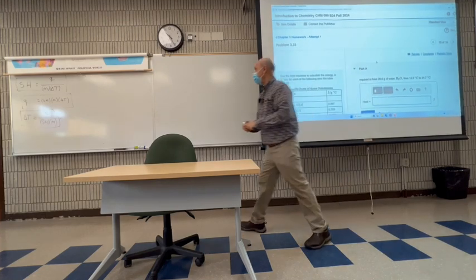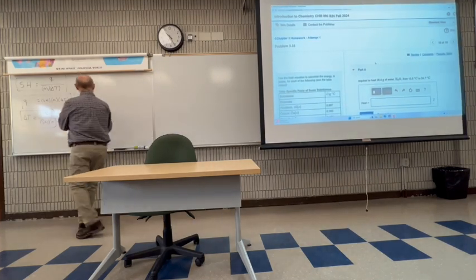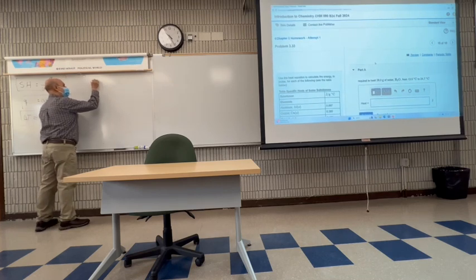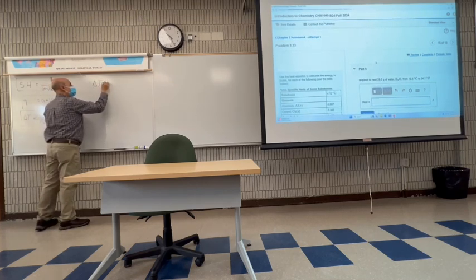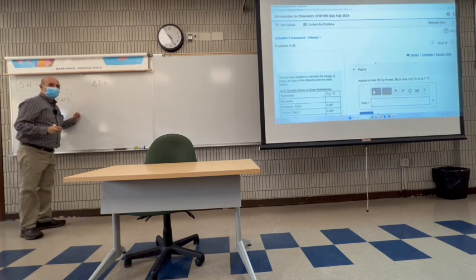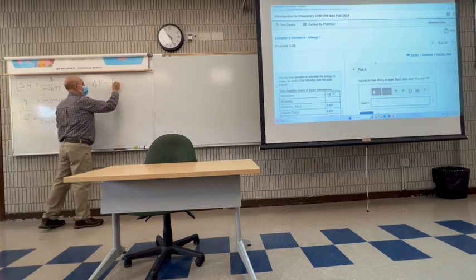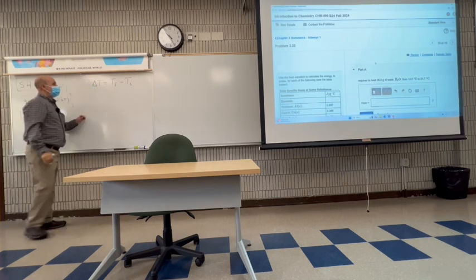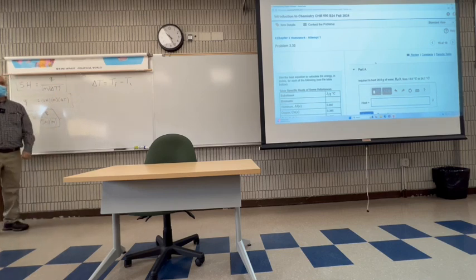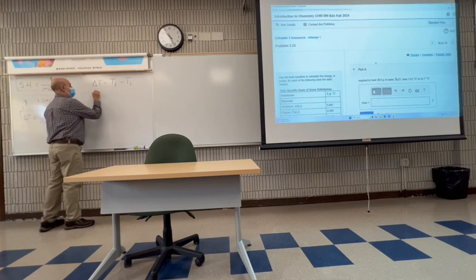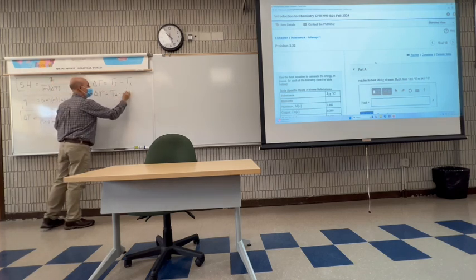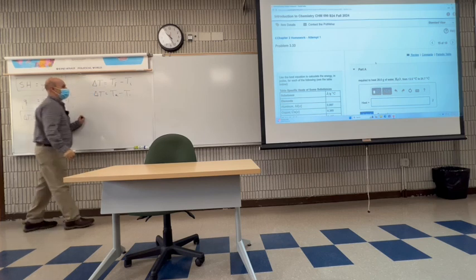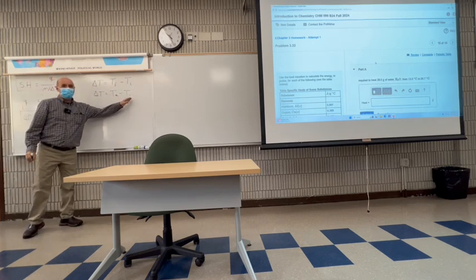And remember what I said earlier. The book doesn't care about the sign, but I kind of do. The delta T is always the final temperature minus the initial temperature. Sometimes you may see it in books as delta T equals T2 minus T1. That just means final minus initial.